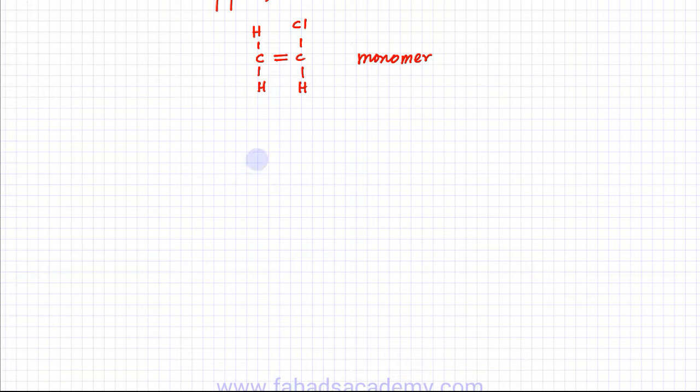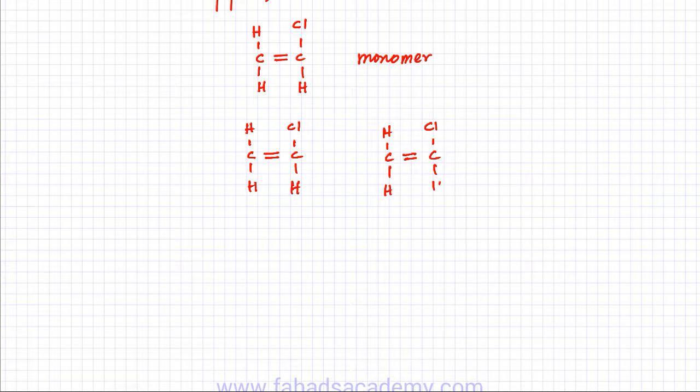I'm going to redraw this. I'm going to draw three structures or three repeat units. So that's one monomer. Then you have another repeat unit,